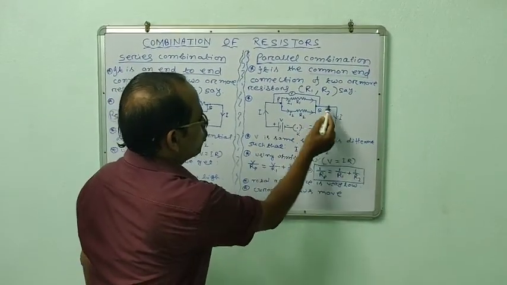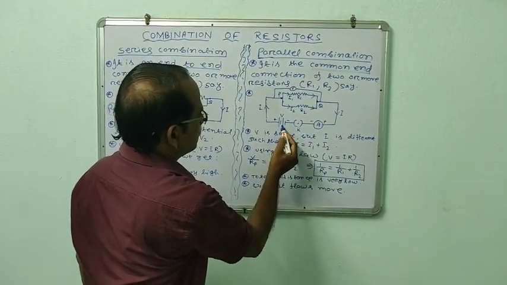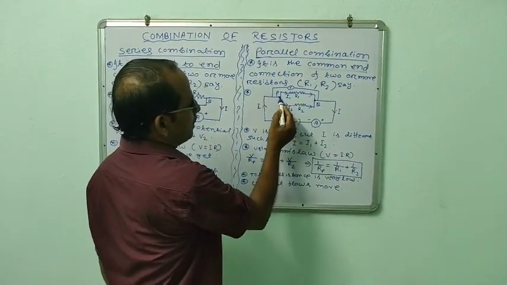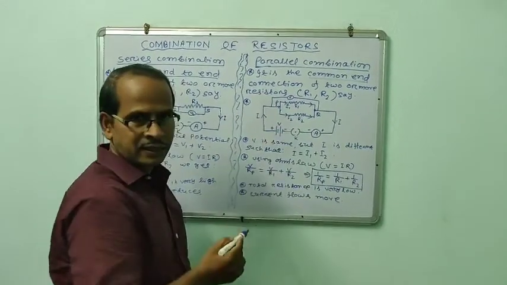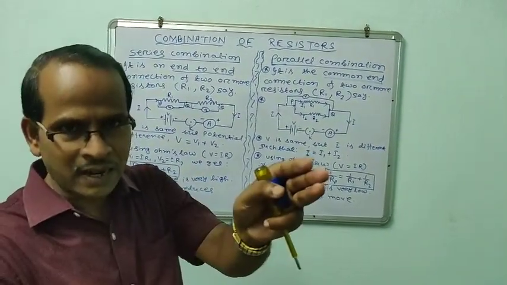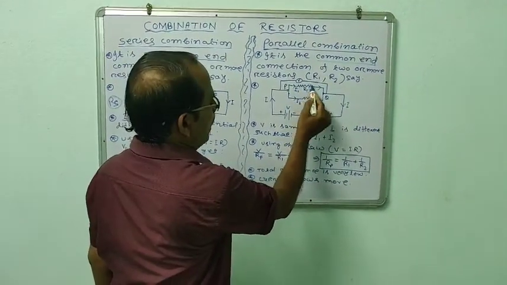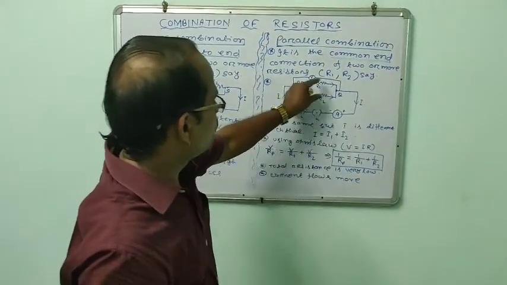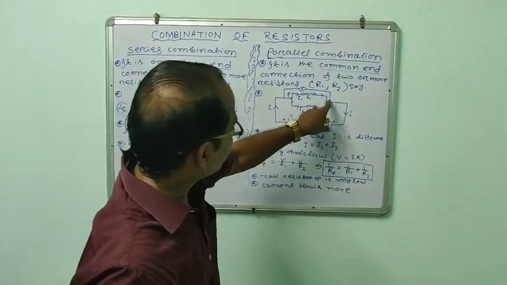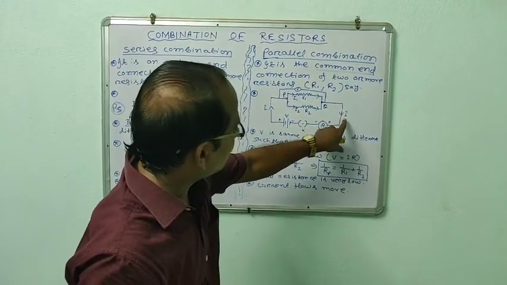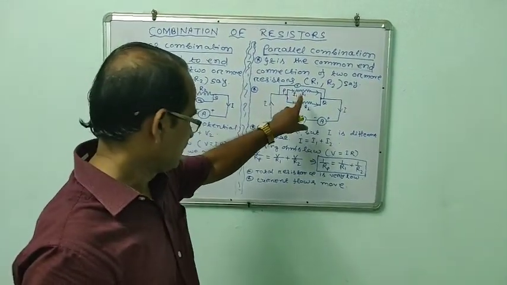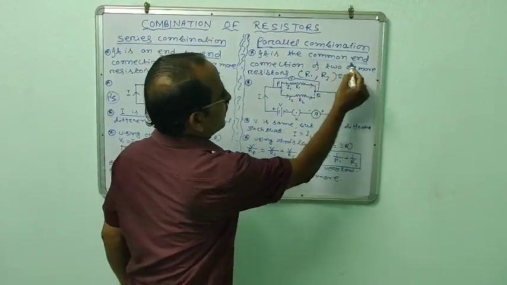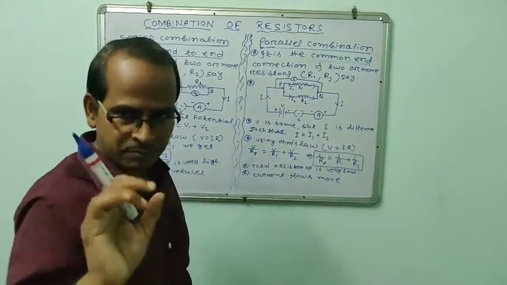When current I flows from this battery, when the key is on, the current will be divided. When the current reaches P, it will be divided because the paths are different. Through R1 it will be I1, and through R2 it will be I2. Both the currents will flow separately, and again they will combine at Q and make the circuit current I. Again the same thing. What is common here? Since the ends are common, the potential difference remains the same.